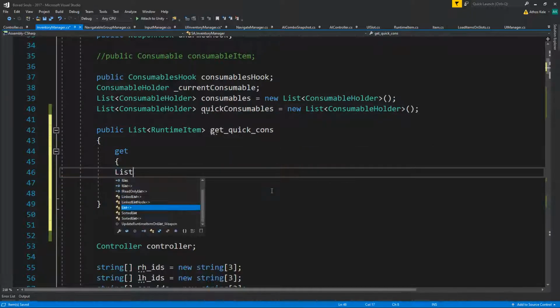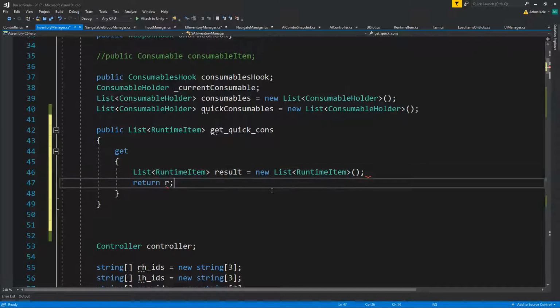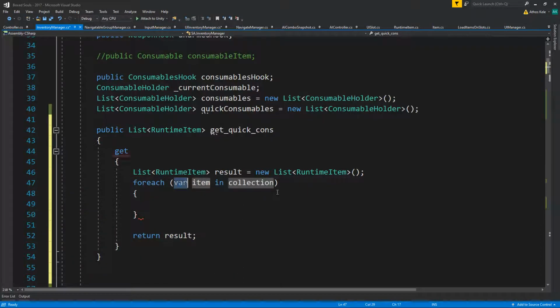So we're creating a list of runtime item results. Then for each consumable holder in quick consumables,